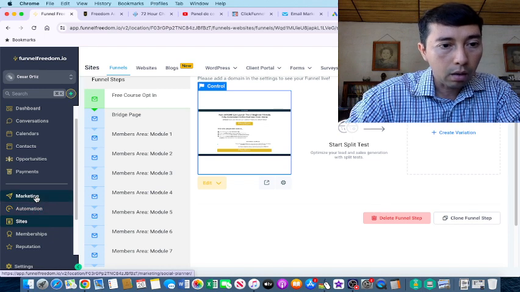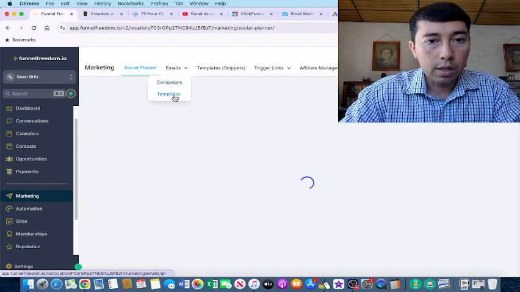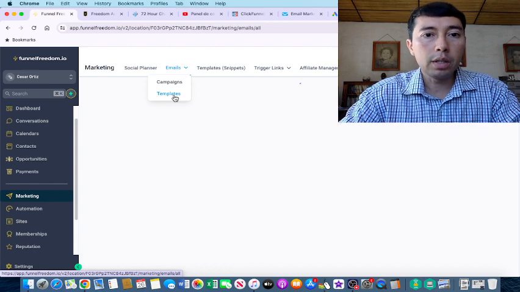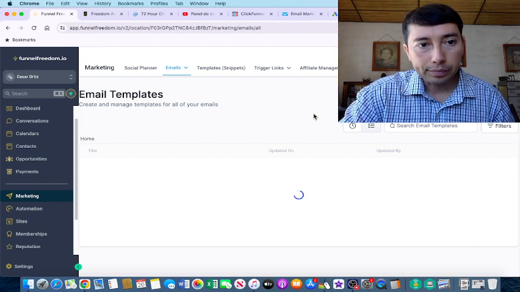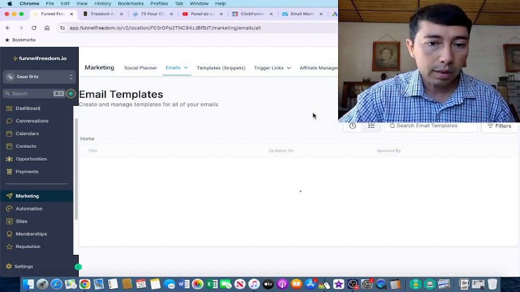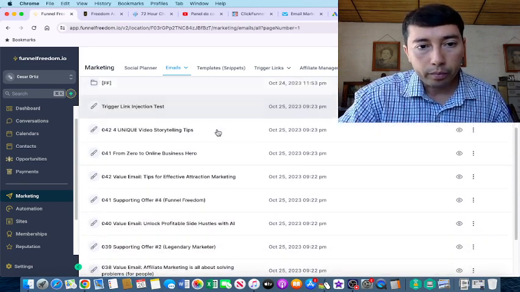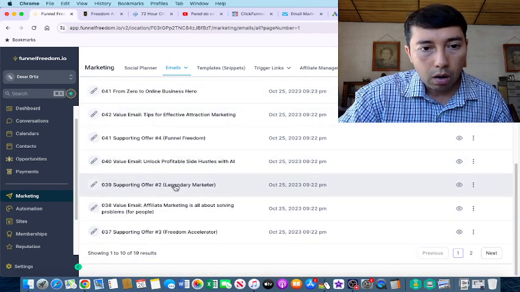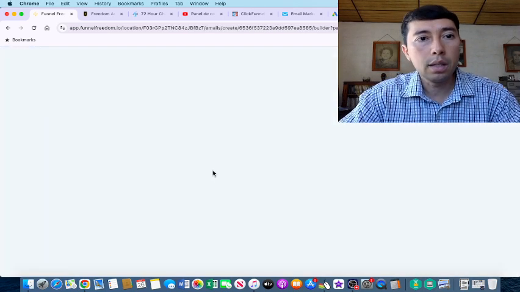Let me click on marketing, then on templates, because this software is going to send the emails automatically. And these are the email templates. So that means these are the emails that funnelfreedom.io is going to send to our email list. And for example, I'm going to click on this one. Let me see, supporting offer Legendary Marketer. So let's see this one,